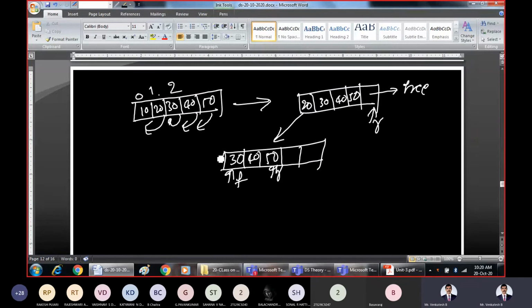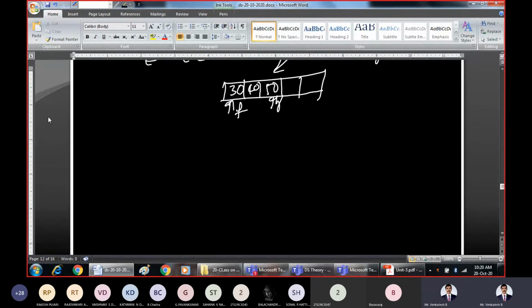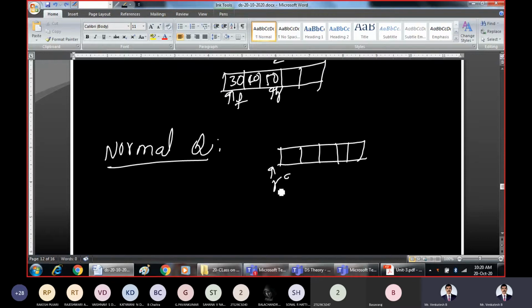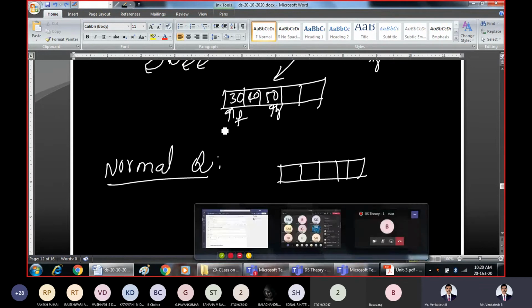See here. For circular queue. Right, this is the normal queue.